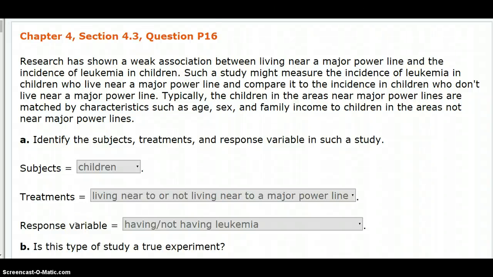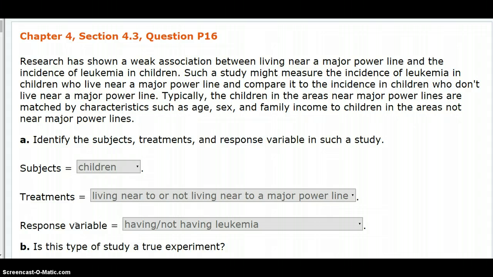Okay, section 4.3, question P16. And here we have an issue that could be a correlation, it could be a causation. If it is causation, it's certainly sad and disturbing. But we have the children living near a major power line and whether or not there's an increased risk of leukemia. So in this particular study, the subjects would be children,